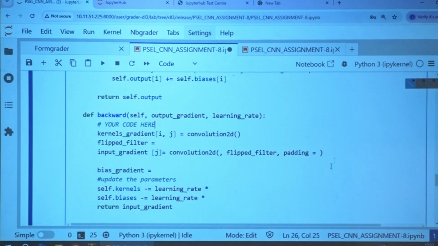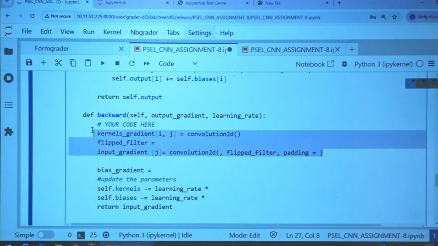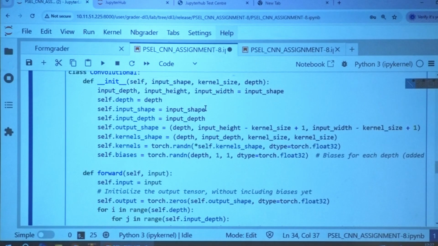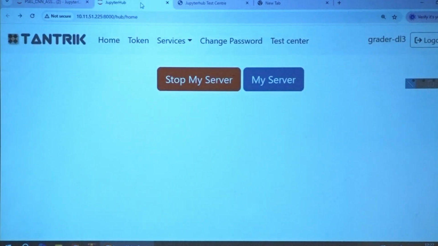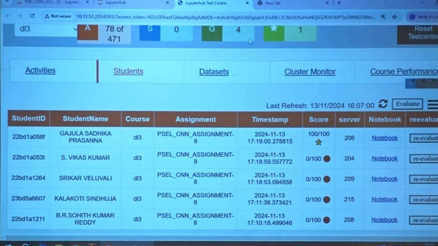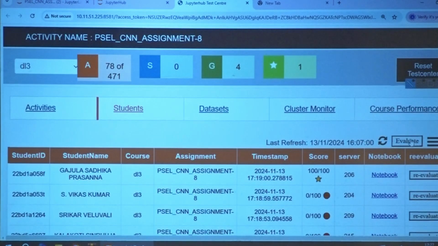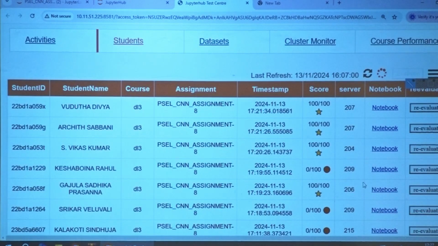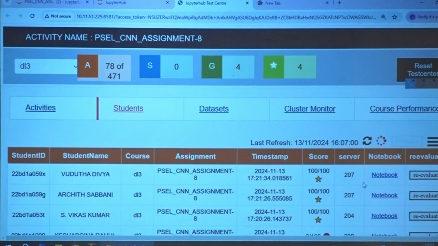I am not writing the complete code, I am just giving you an idea. Once you did this, out of the loop you have to calculate the bias gradient. Once done, you can update the parameters. Okay, let me see how many of you will do this. Good. Few more I got. Okay, 4 members are able to do it.